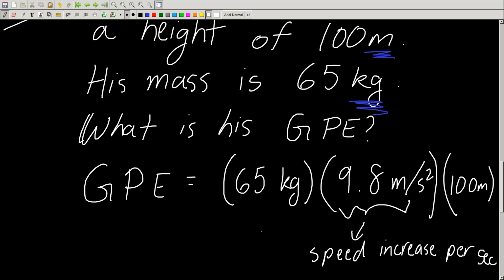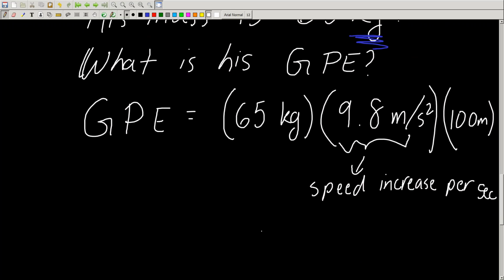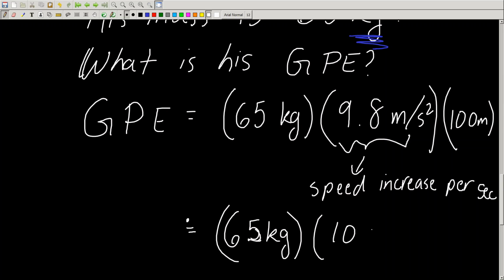Let's round that to about 10, just because 9.8 is pretty close to 10, and I want to do this in my head. 65 kilograms, okay, 65 times, let's do the approximate sign, 65 times 10 meters per second squared times 100 meters